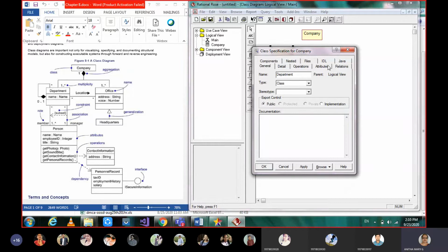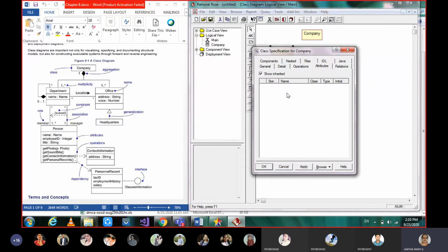Department, and for department, what attributes are we giving? Keep it here, say insert, and then the name, and whatever type you want to give. The type can also be specified.